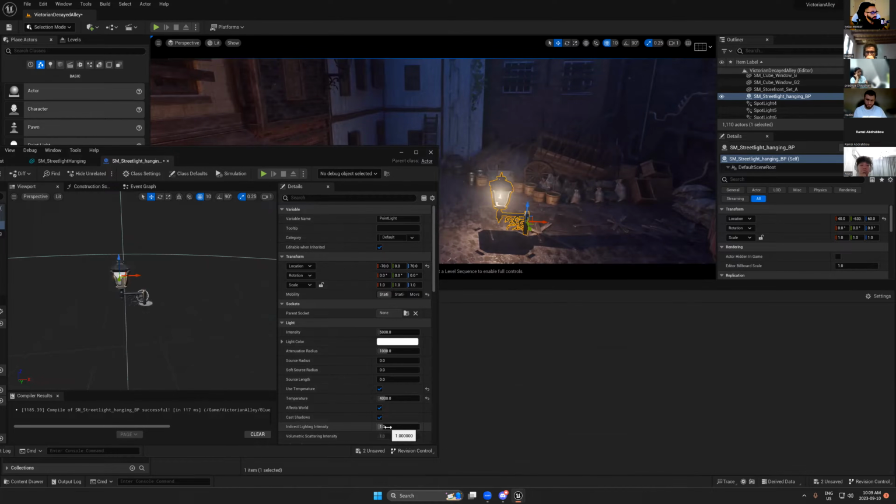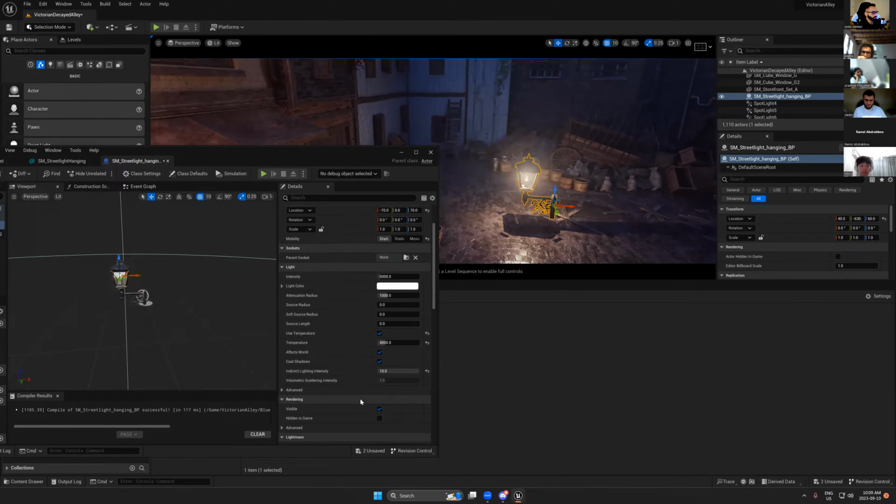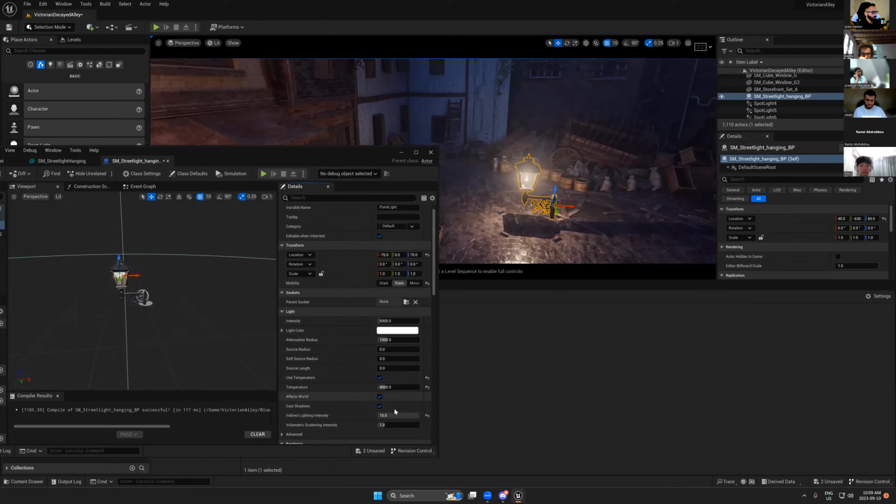From indirect light intensity, it's very important to add more indirect light. So let's put it as 10. I think 10 is very good for the baking. We will not have any baking, but just this overall review. Okay. And let's go back here, and we have to turn off the volumetric scattering intensity, and we'll put it as